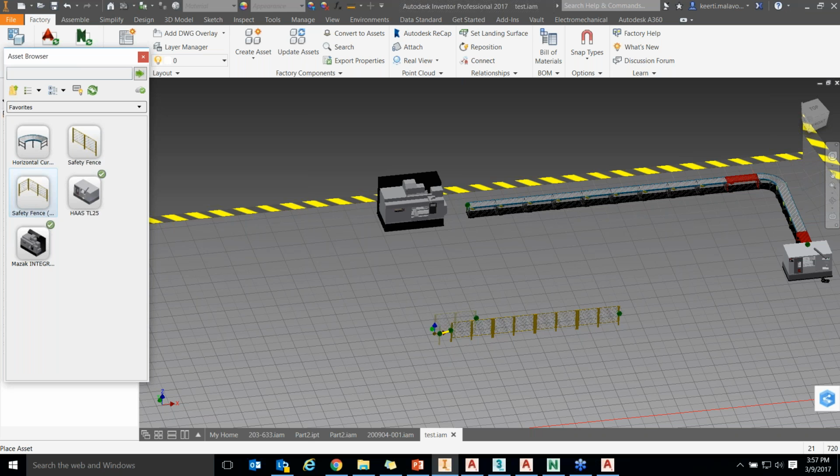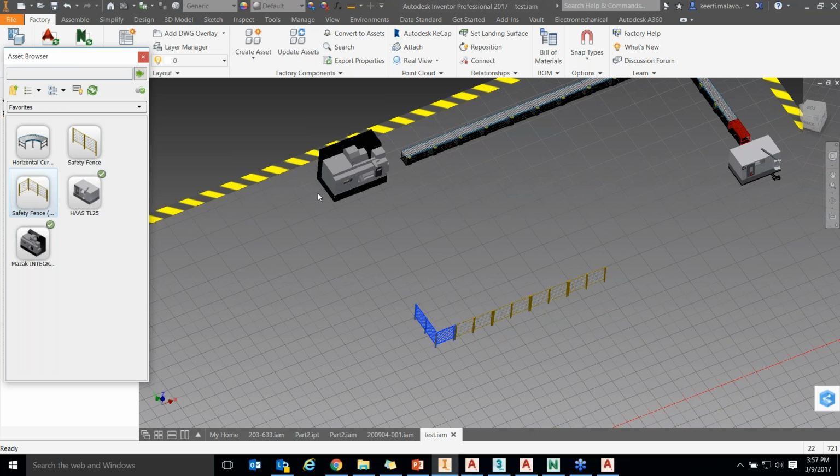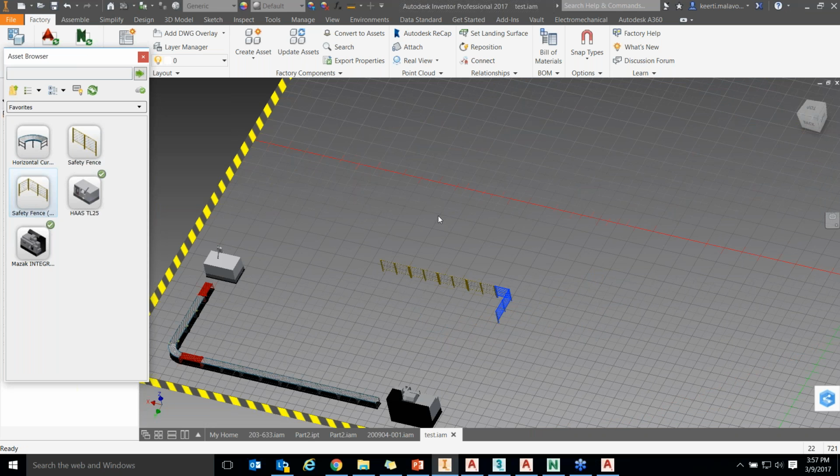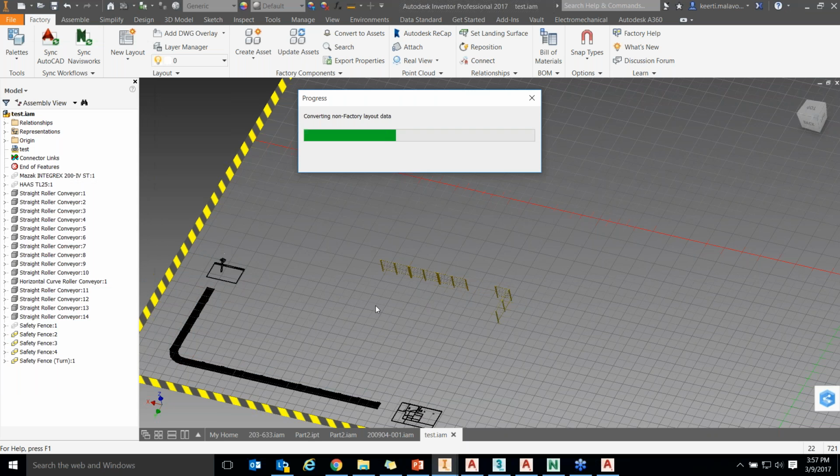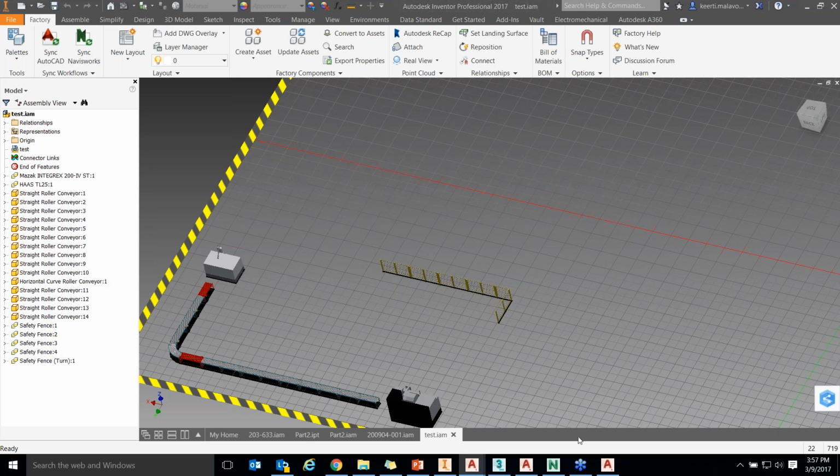So I hope it is visible for everybody where I have gone ahead and created the new set of fences here. Now if I sync it back again to my AutoCAD Architecture, you can see all the information that has been added in my 3D will also get updated in my 2D as well. So imagine the amount of time that you will be saving, where any change that you make in your 2D layout is automatically updated in my 3D and vice versa. So there is no chance of error, and you can choose to work in whichever